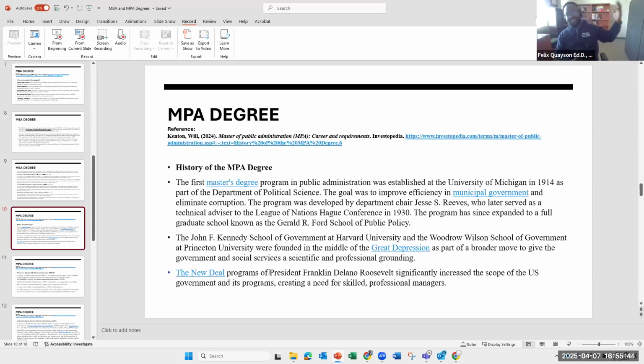So remember that in 1908, the MBA program really started at Harvard. Now the Master of Public Administration program started when? In 1914, at which school? The University of Michigan. Now, the John F. Kennedy School of Government at Harvard University and the Woodrow Wilson School of Government at Princeton University were founded in the middle of the Great Depression as part of a broader move to give government and social services a scientific